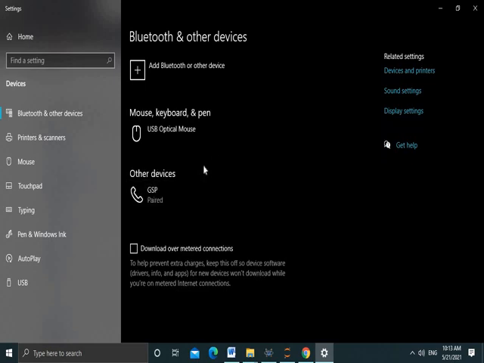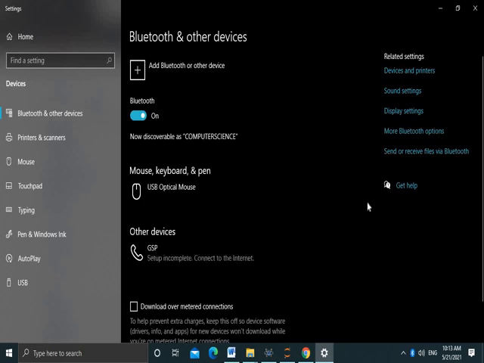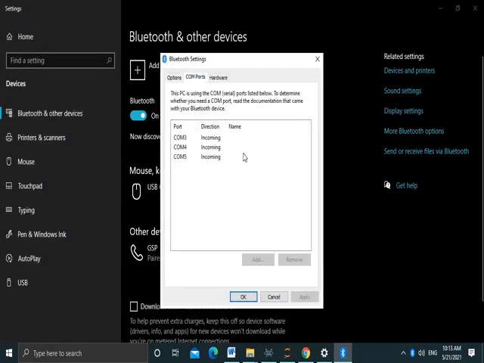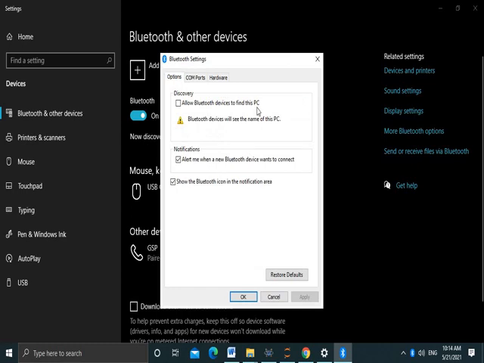I will restart the Bluetooth. It is paired. Then check the data that you are receiving in which virtual port. So I have created COM port 3, 4, 5. You can create multiple also, or you can create only one. No issue for this, by clicking on add. So check how many ports are available in Bluetooth.